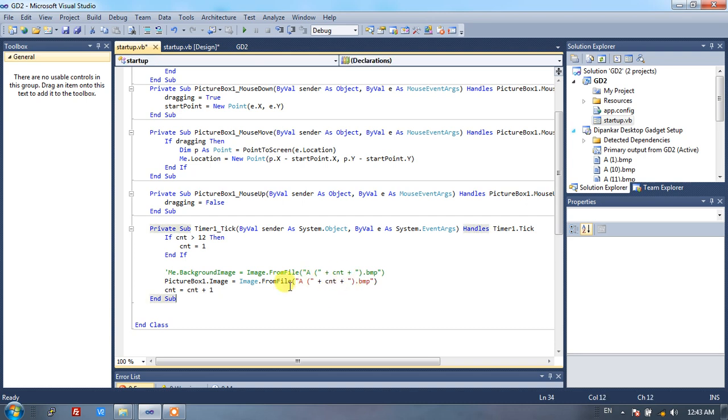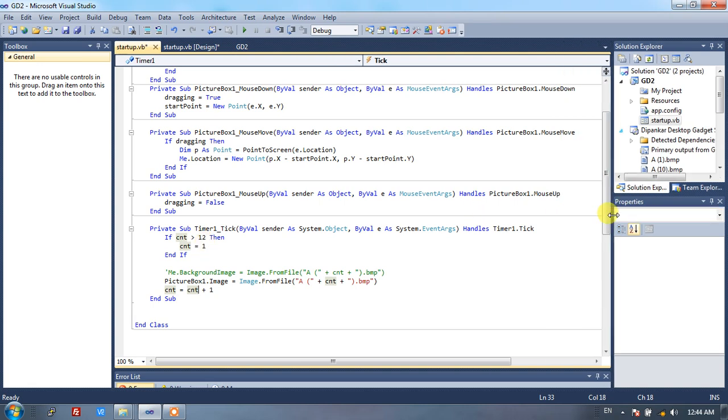It will help load the images one by one on the picture box, and the count value adds 1 at each step, becoming 1, 2, 3, 4 and so on. When the count value becomes more than 12, it resets the count value to 1. Very simple logic.